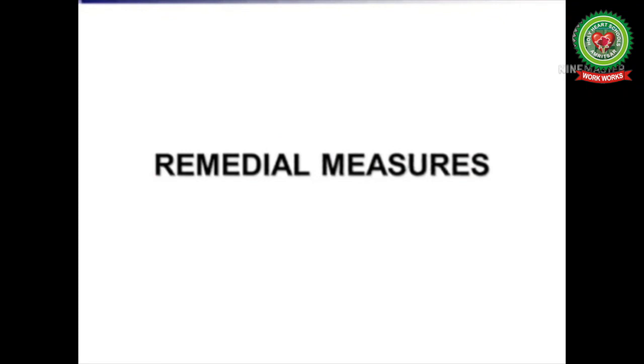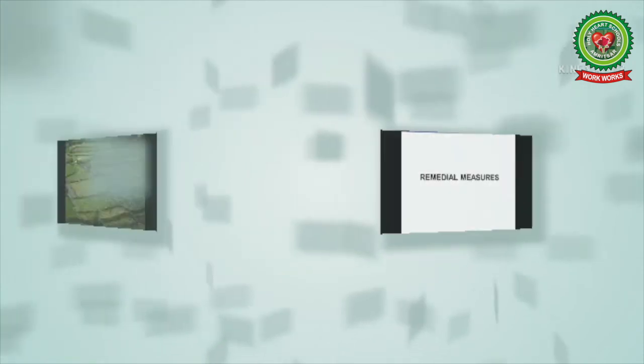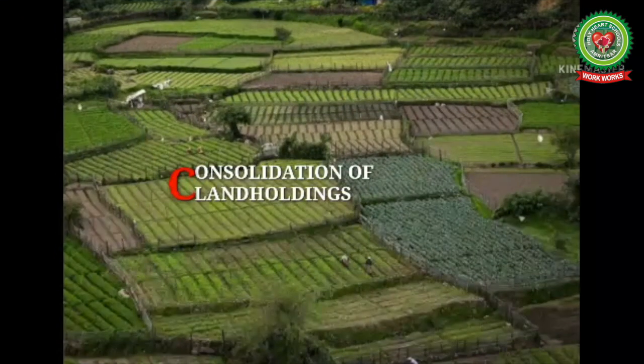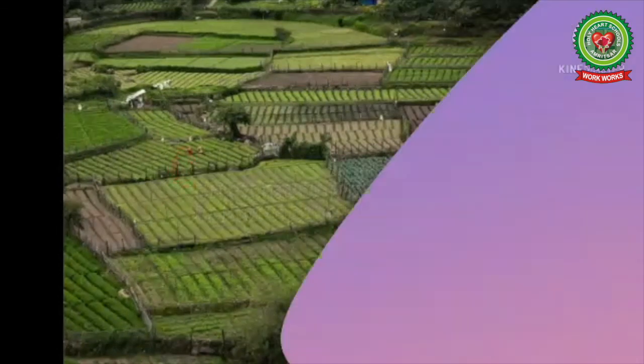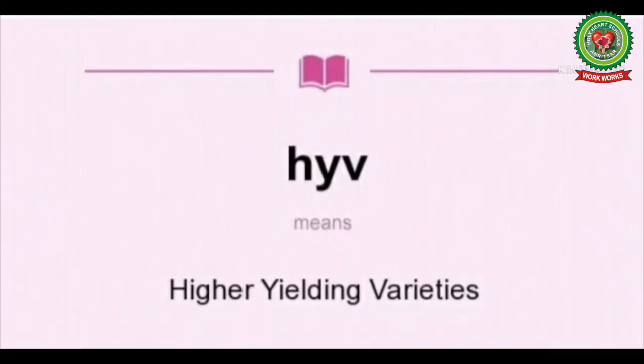The central and state governments have taken several steps to improve the system of agriculture in India. It is necessary to increase the production of food grains and other cash crops. To achieve this aim, several remedial measures have been taken through the 5-year plans. Some of them are as under: the problem of small and fragmented land holdings was solved through consolidation of land holdings. The government has taken steps to provide good quality and high yielding varieties of seeds to farmers at low